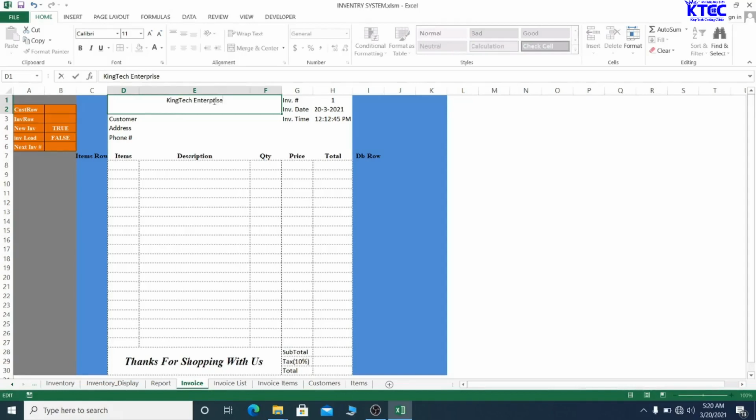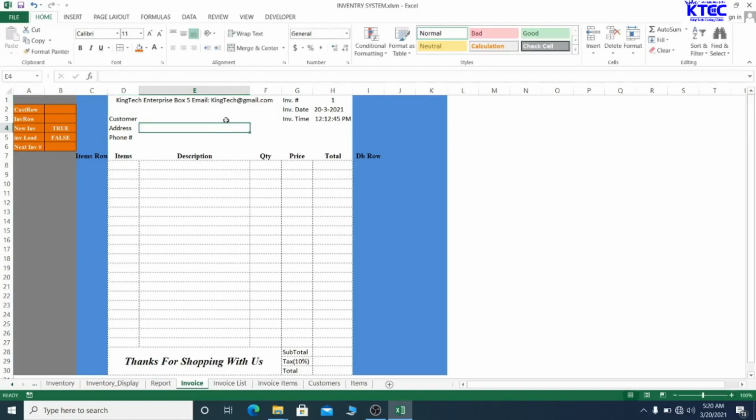Enterprise, something like that. So okay, I wouldn't merge with the second one, KingTech Enterprise. So box whatever, maybe 5, email KingTech@gmail.com. Whatever, you can do that, right? So this shouldn't be a problem. So I don't want to merge this and center now. I would want to merge only this one and center this, and then I'm going to use here for my